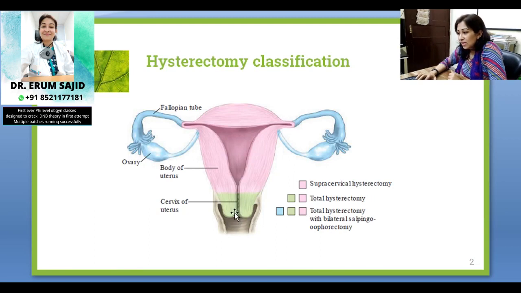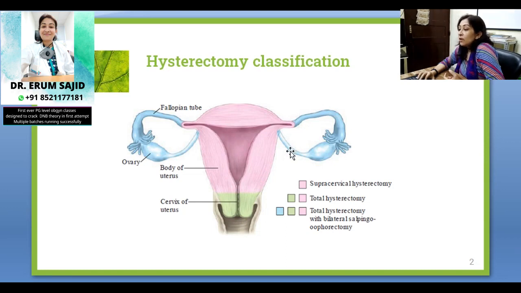Usually you will find the supracervical area free, but this area has the bladder in close proximity and the bowel at the back, so if there are any adhesions, you can remove the supracervical area. Of course, this blue area shows the cornual structures, that is the tube and the ovary.